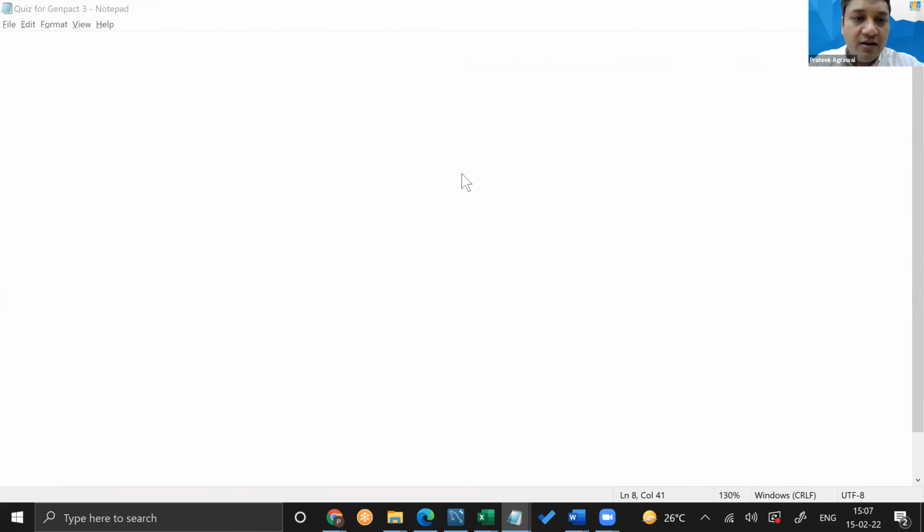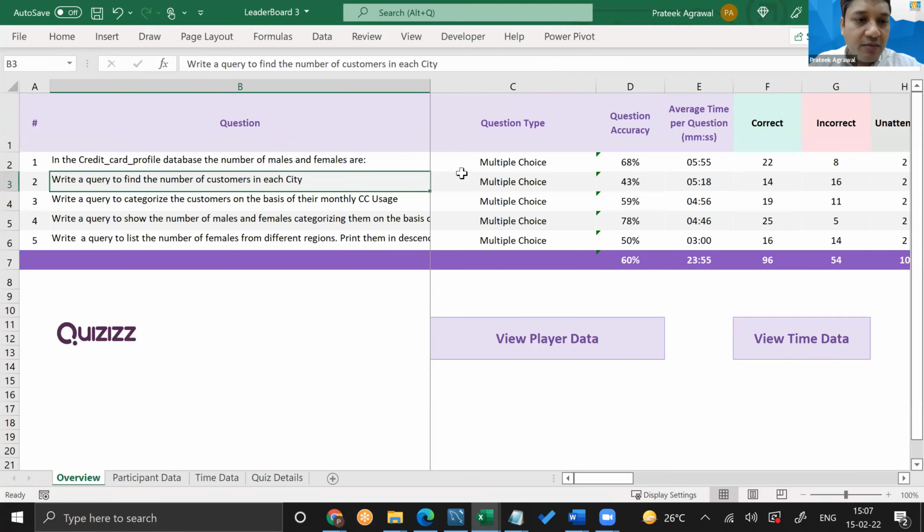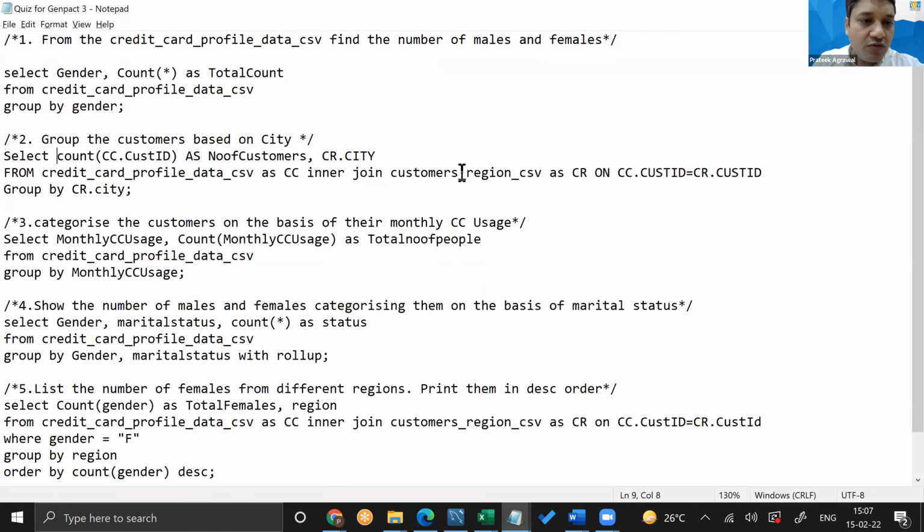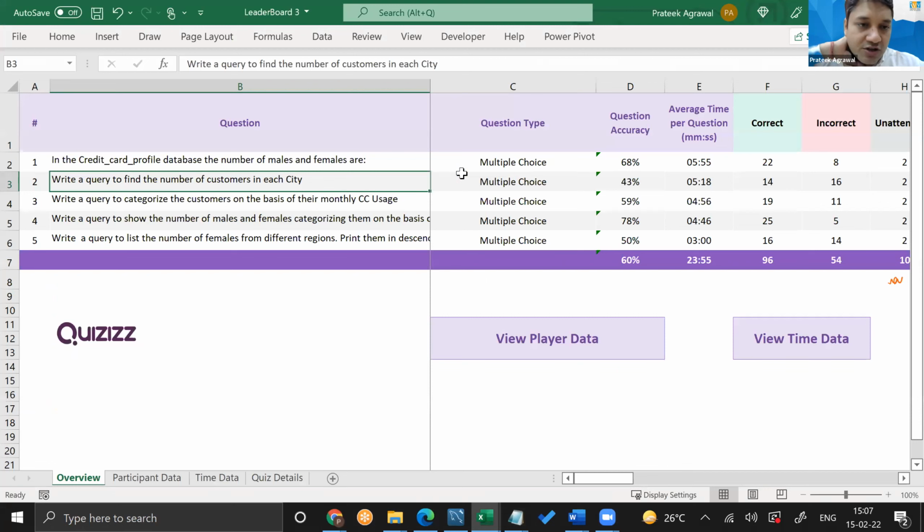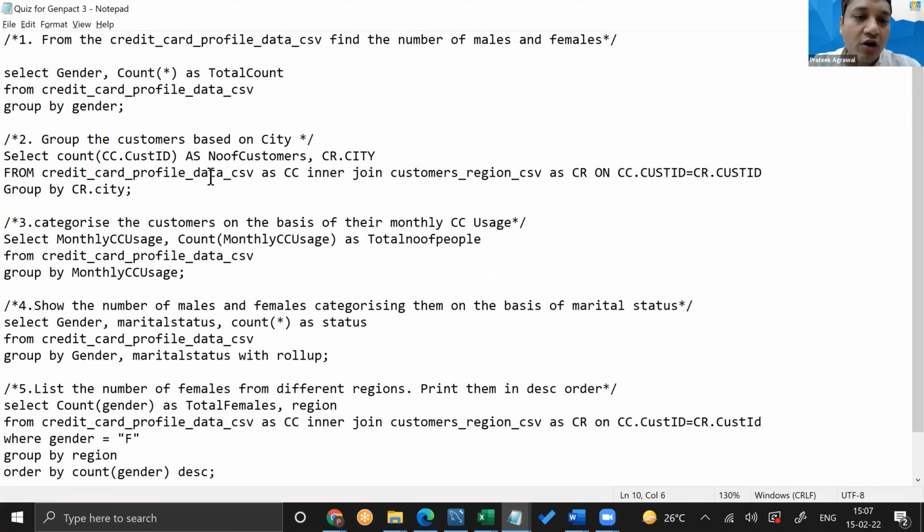So the answer was this. From the table, since we have to find the number of customers in each city, we have to group the data by city. City information is in the customer_region table, and customer information is in the customer table, hence what would be prudent here is to join the two tables.